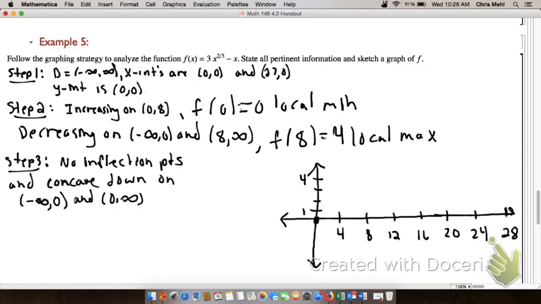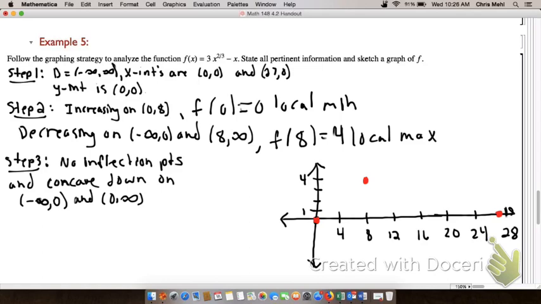Okay, so we'll plot our intercepts. We have the origin. Let me switch colors; I think red will work. So we've got the origin as a point. Somewhere over here we have an x-intercept at (27, 0). We know that at 8, f of 8 equals 4 is a local max. We know the origin is a local min. And then what the function's going to do is